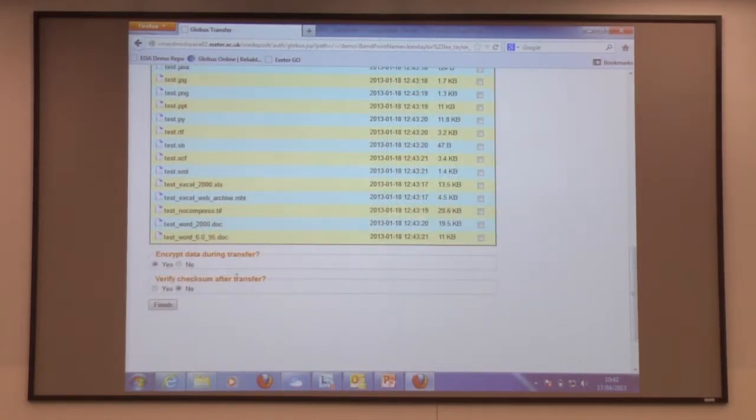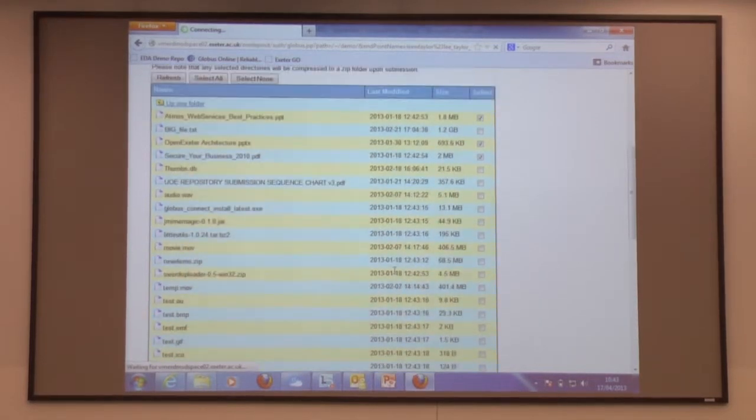We have the opportunity to encrypt the data. In the sense that this is going to be an open access repository, and the data is going to be publicly available anyway, that doesn't matter that much. But there are contexts sometimes where we want to embargo data or hide it for a short amount of time, so it may well be that that's more relevant then. We also have the ability to verify the checksum. I'll leave that off for now for the purposes of the demo, as it'll add to the overall time. We click Finish,